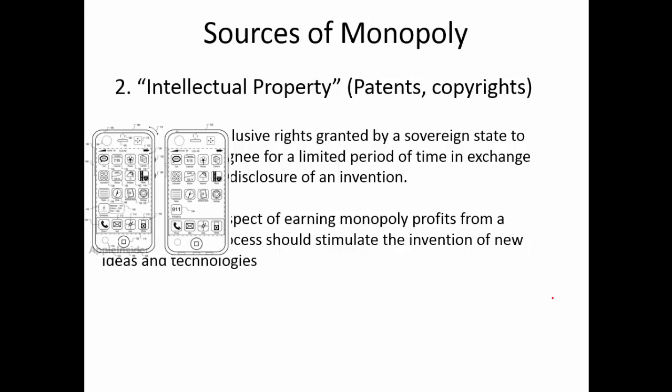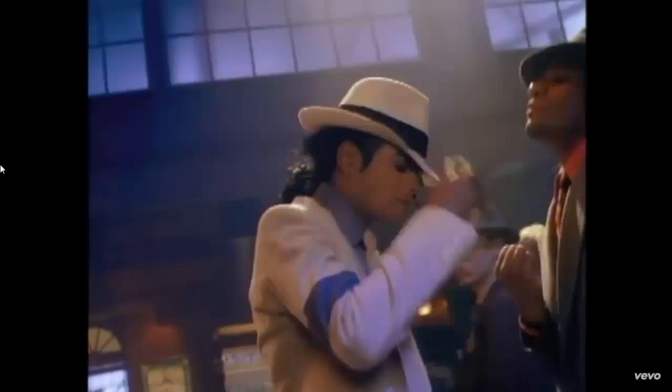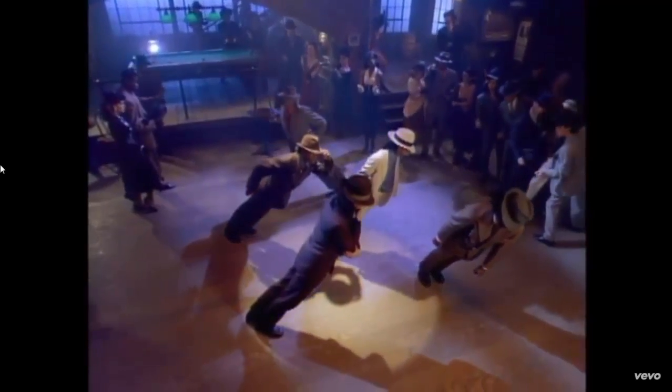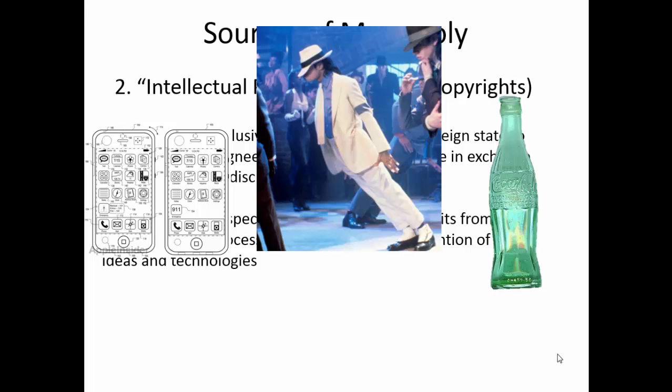So Apple, with the iPhone and various other products, has thousands and thousands of patents protecting all of its unique features and designs and software and whatnot. Coca-Cola Company has a patent on the unique design of its iconic bottle. And one of my all-time favorite patent holders, that's right, Michael Jackson, who actually held a patent on what was called the leaning shoes. It's actually a really clever bit of stagecraft that enabled him to lean past the center of gravity in that famous dance routine.